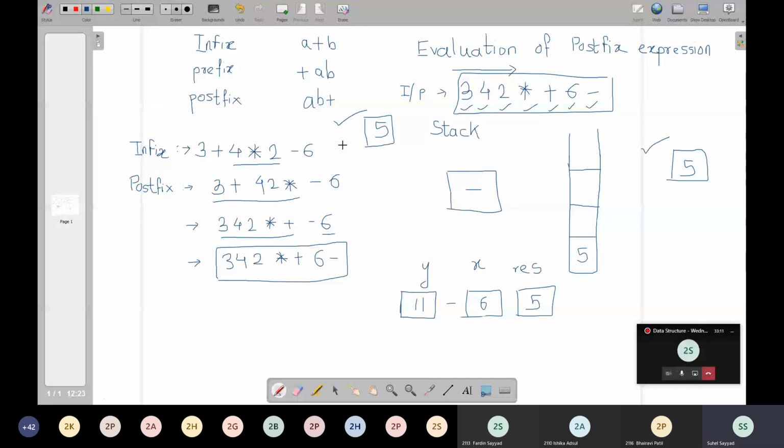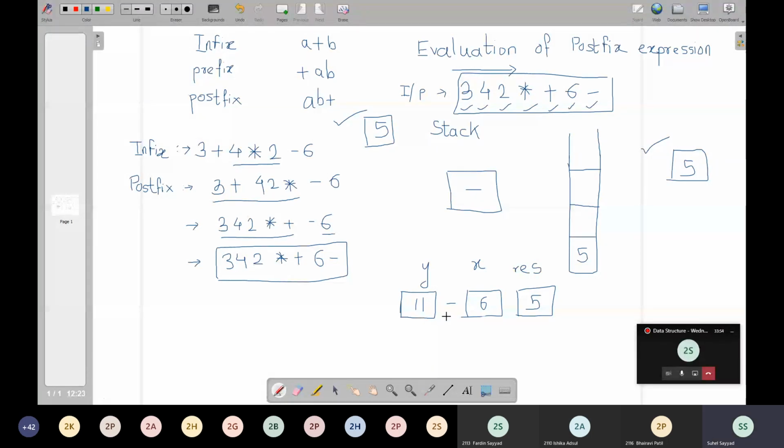Now what I was telling here is identifying X and Y properly is very important, and performing Y operator X is also expected. If I do 6 minus 11 over here by mistake, I will comment that my answer is minus 5, which is wrong. So be careful in identifying what is our X, what is our Y, and the operator that we are going to apply. The operation that we are going to apply here will be Y operator X. Y operator X. Is it clear?